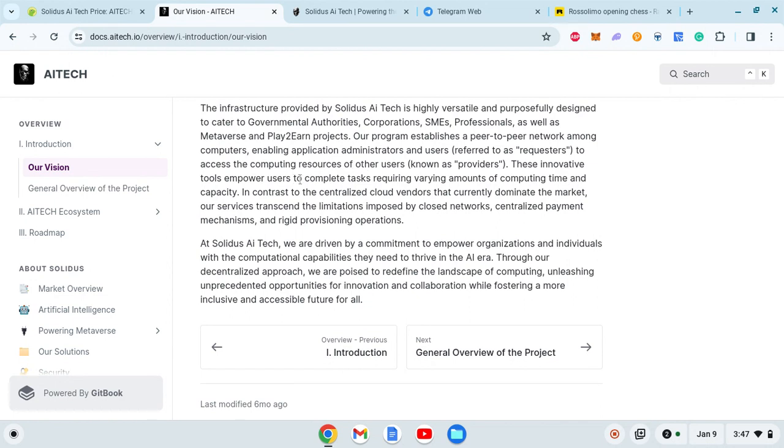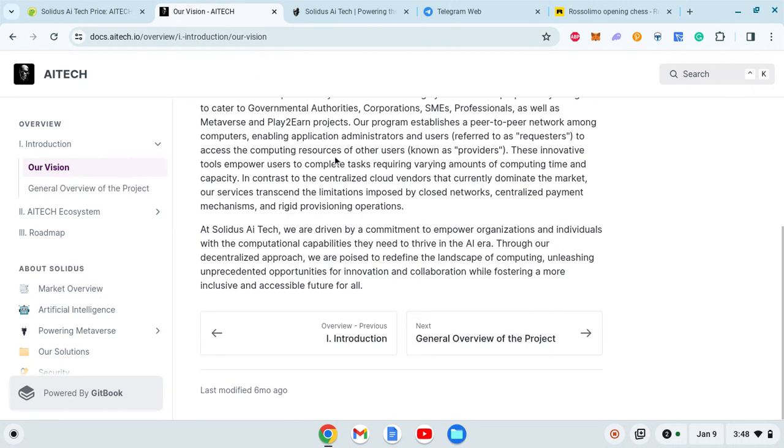These innovative tools empower users to complete tasks requiring varying amounts of computing time and capacity, in contrast to the centralized cloud vendors that currently dominate the market. Our services transcend the limitations imposed by closed networks, centralized payment mechanisms, and rigid provisioning operations. Again, what they are trying to say here is simply what their infrastructure can help people do, but